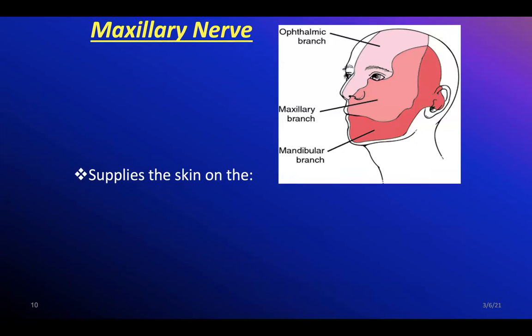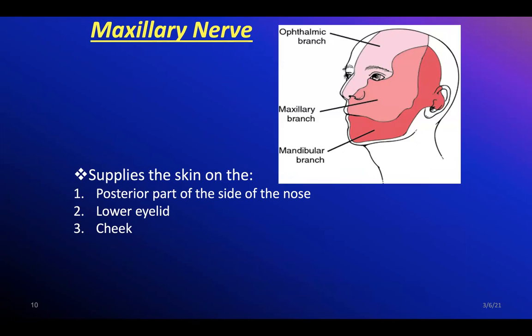The maxillary division supplies the skin on the posterior part of the side of the nose. We have the lower eyelid, the cheek, the upper lip, the lateral side of the orbital opening,